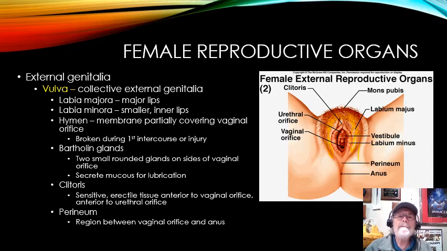There are a couple of parts. First, the labia majora, which are large skin mounds on both sides of the vaginal opening. Inside that are the labia minora, which are smaller, more mucous membrane lips on the inside. This area right in here would be the labia minora. So that's the difference between the two: majora on the outside, minora on the inside.